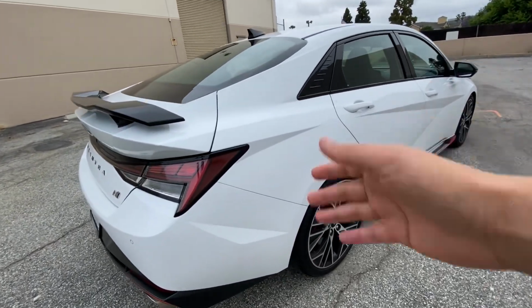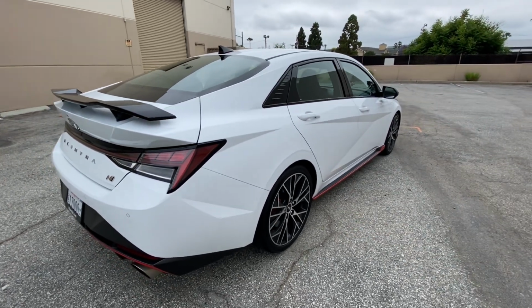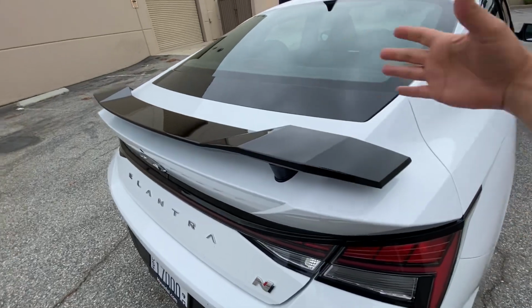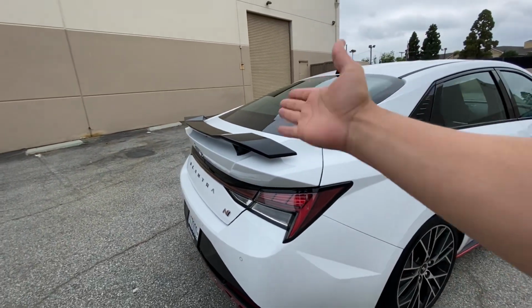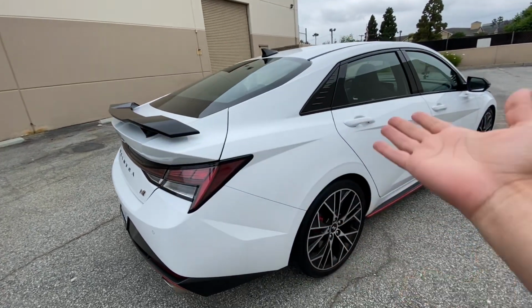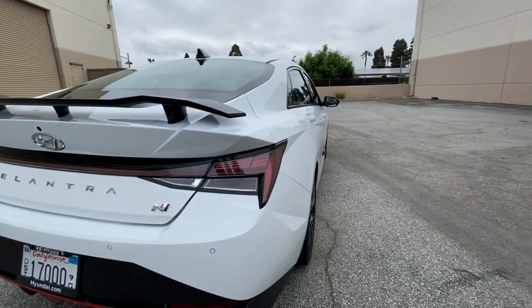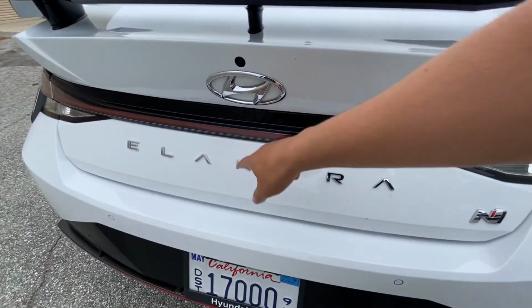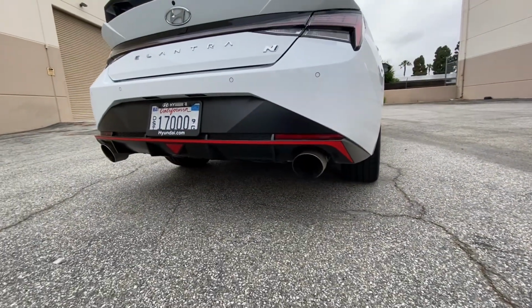Even going around the back, look at all the angles to it. It looks cool, especially in the white. You really see it through the shadows a lot. Coming on the back, you do get an actual spoiler, because guys, even front-wheel drive cars can benefit from downforce. Believe it or not, putting grip to the rear wheels helps, and they've done that. So you do get a nice rear light bar that starts on the edge and goes all the way across. Elantra lettering. This is your button for your trunk, your N badging, and then the great dual-tipped exhaust system, which